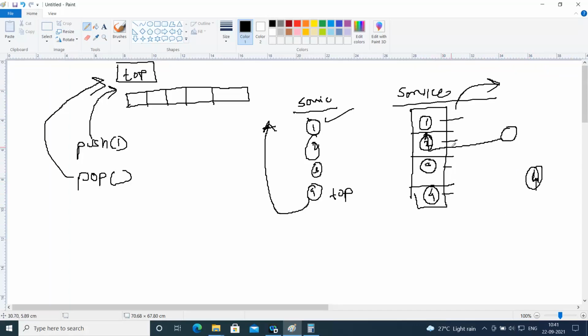Now we have to keep two indexes, one to remove from where you want to remove the element, and one where you want to insert it. So now we are maintaining two indexes. One is from where you remove the person from the queue, that is, to serve the person in the queue, and the second is where the new person requesting a service should go. That is inserting a new person in the queue. So insert index, right? So let's say initially the queue is empty.